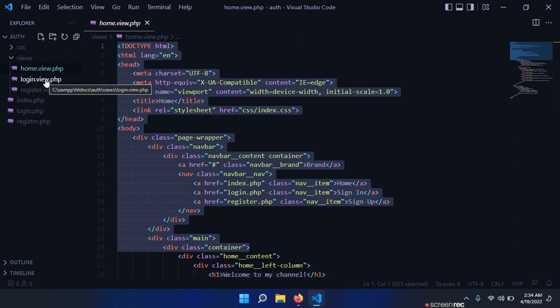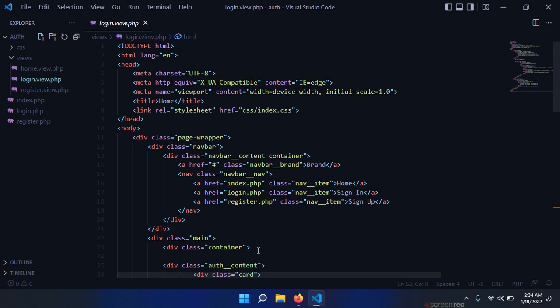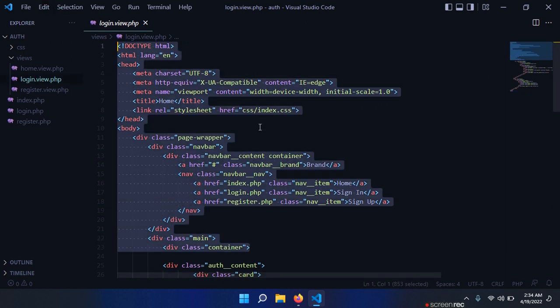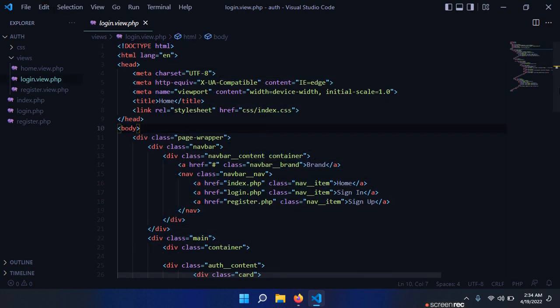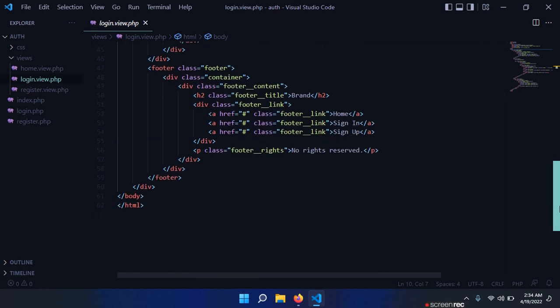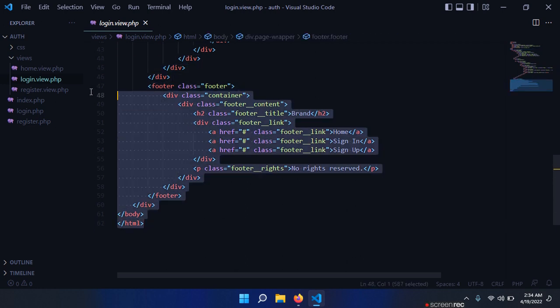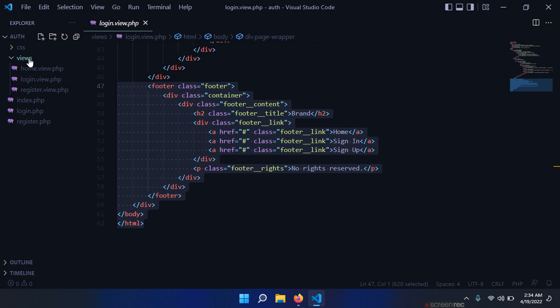So if we look at login.view.php, basically the same HTML code, and the same goes for the rest. And if we look to our footer, to this area, we have exactly the same HTML section in each page. So what we want to do is to create a new